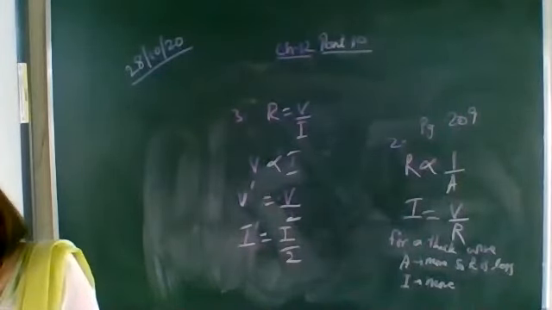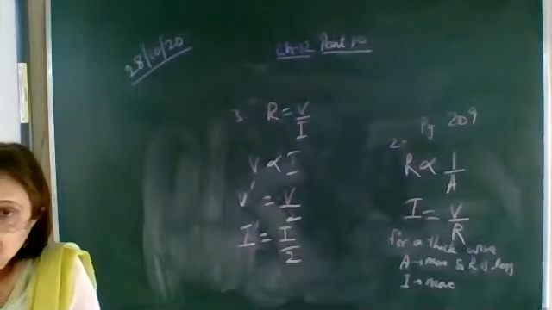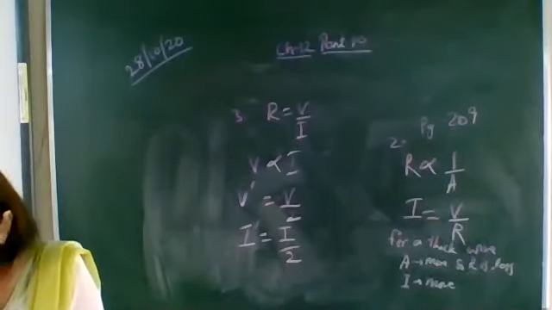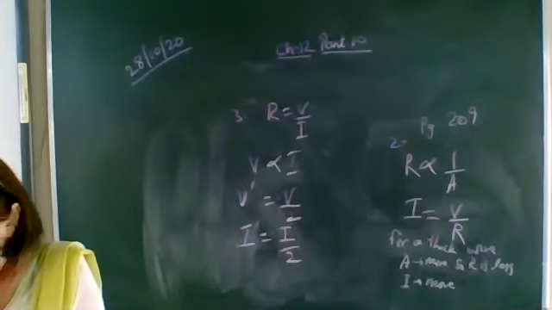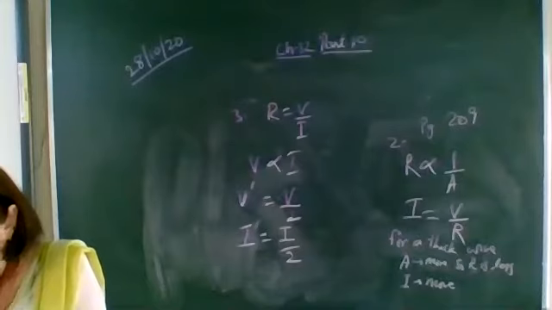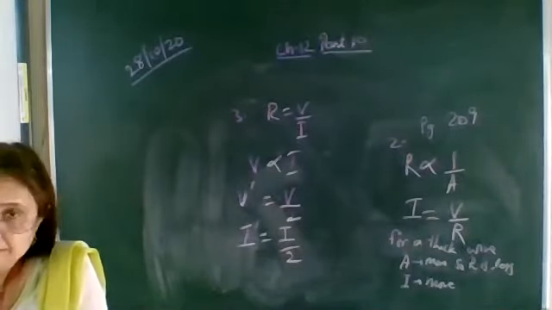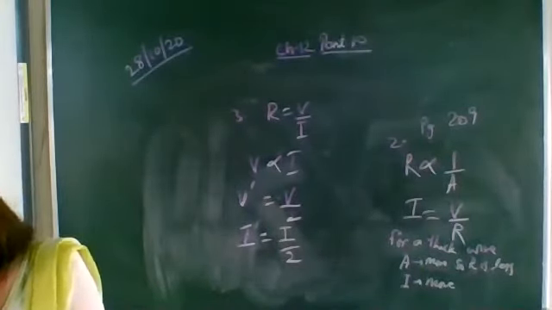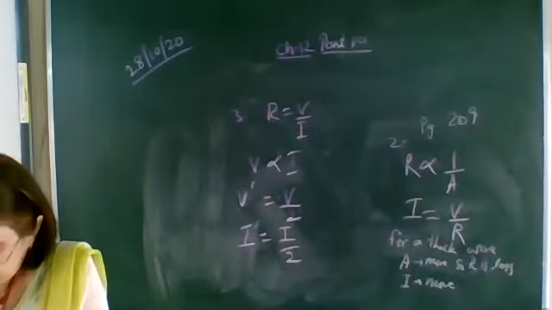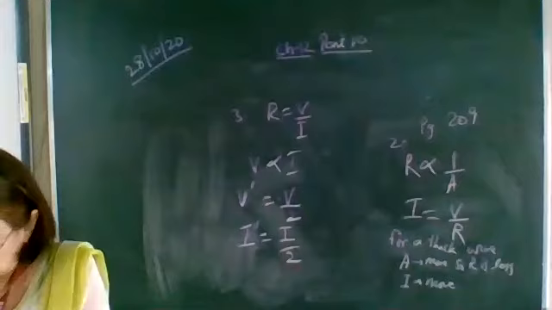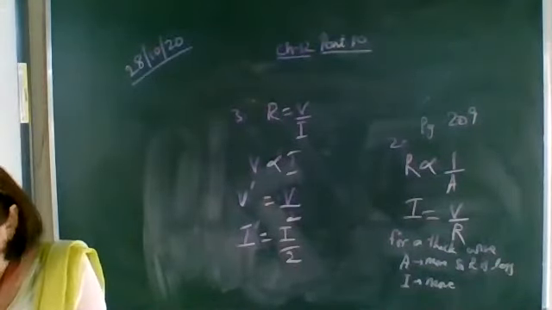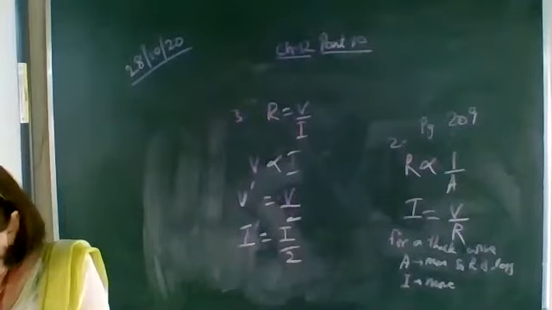Okay, so which one will be a better conductor? The one which has a low resistivity, that is iron, is a better conductor as compared to mercury. So iron is a better conductor than mercury. From the table we have seen that iron has low resistivity. Both have the order of 10 raised to the power minus 8, but the value of iron is 10 into 10 raised to the power minus 8 and mercury is 94 into 10 raised to the power minus 8. So the resistivity of iron is less, so it is a better conductor than mercury.